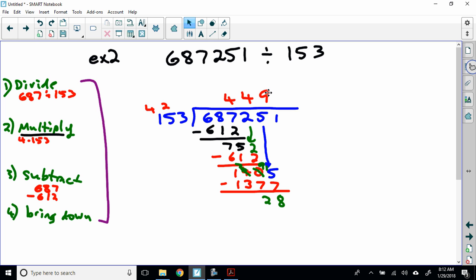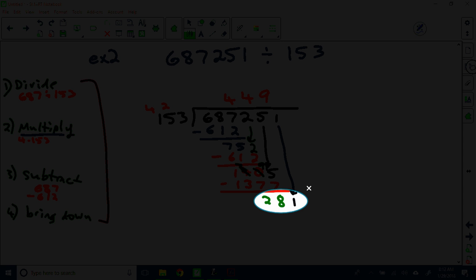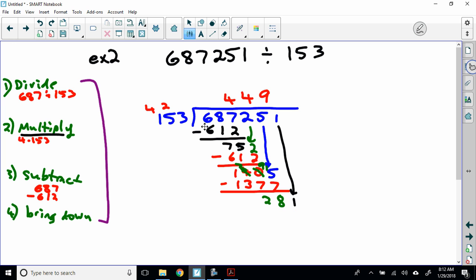Okay. Got to bring down again. Good. So we bring down one more time. Bring down this 1. So the last time here, well, maybe not the last time, we got 281. And we want to see how many times 153 goes into that. And we're thinking 1. So 1 times 153 is 153. We subtract the difference. Let's see, that's 11 minus 3 is 8. 7 minus 5 is 2. And that's 2 minus 1 is 1. So that's 128, right? Now, if we wanted to keep on going and we wanted to get decimals,